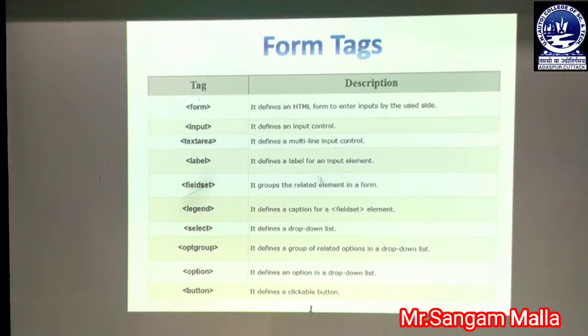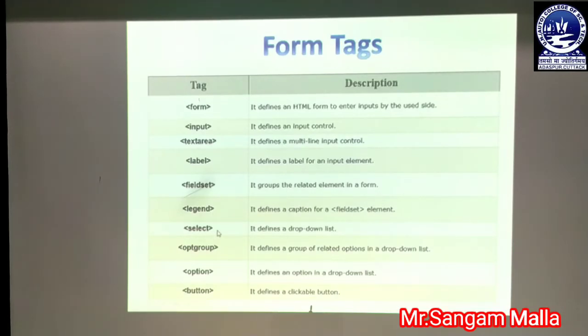They must be combined in a related group, because a radio button has a property that, however many radio buttons there are in the program, only one radio button should be selected. If we do not group them, only one will be selected from the whole document. So whenever we want to group any elements, we group them in the field set, and that field set will be named by the legend tag of the form tag.